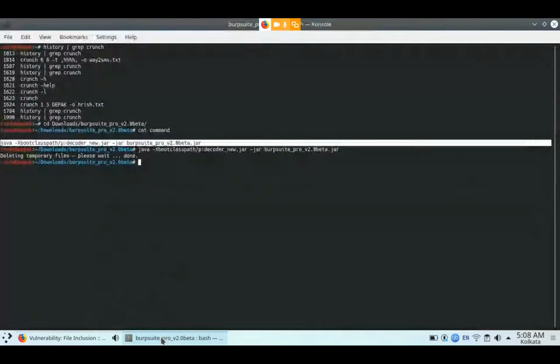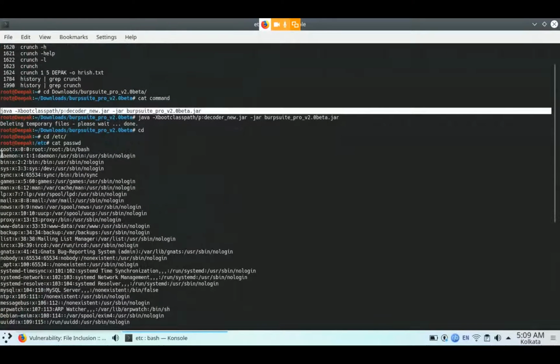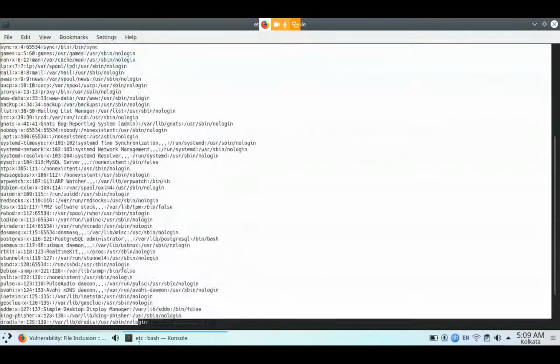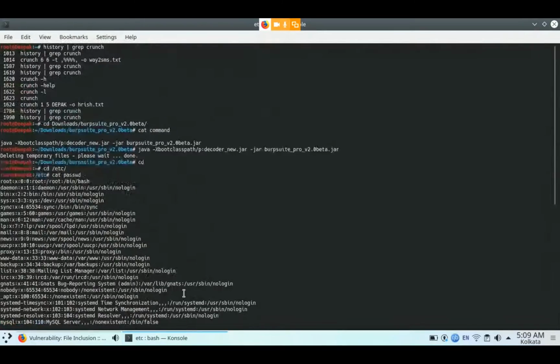If you want to see it in your system, I can also show you: cd /etc, after that cat passwd. Then you can see the whole password file. Is that clear? Yes, sir.